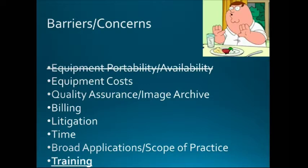It's still an issue. One option to consider, if you're not sure what ultrasound machine to get and whether or not it would work in your practice, is that they do have lease options available. And so you can try them out. So at least one of those companies will rent you a probe for,